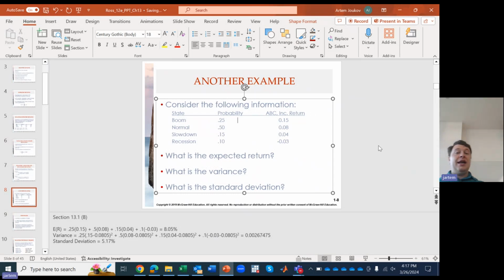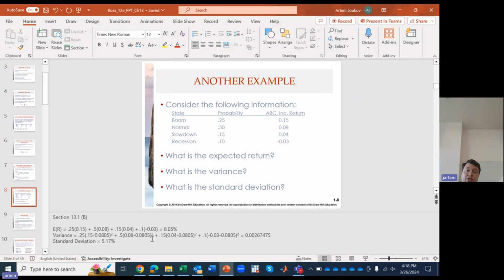So basically what you've got here are probabilities of 4 different states. It doesn't have to be 3 or 4, it can be 100 different states, but they all need to have an assigned probability. Then you have the ABC Inc., which is our company. You have the return in all of those states. You can see this workout at the bottom, and we do it exactly the same way. So just because it's a different problem, don't panic. It'll be just fine. So here you just assign the probability 0.25 times the return in that state.